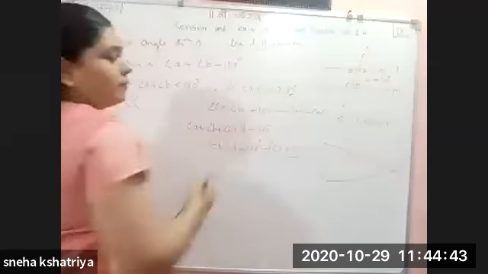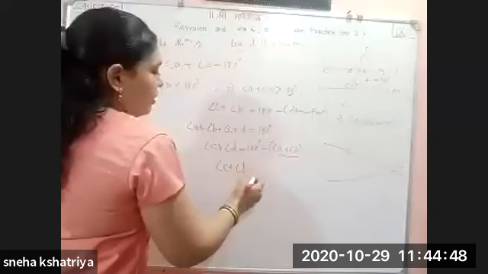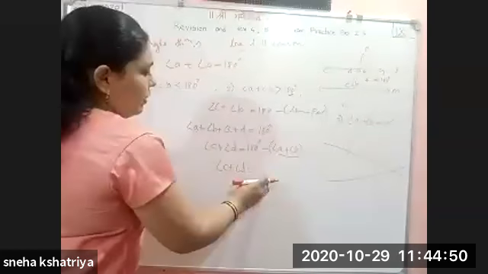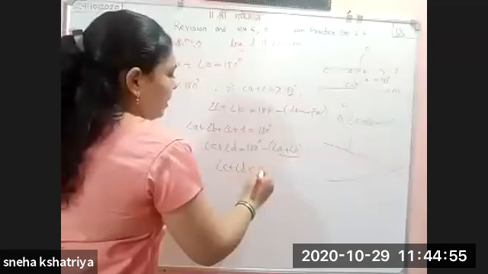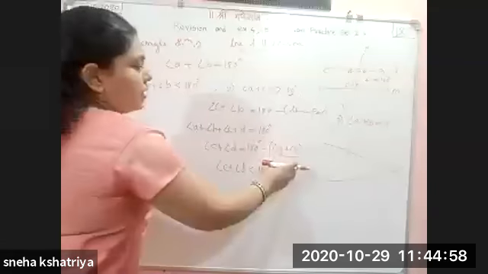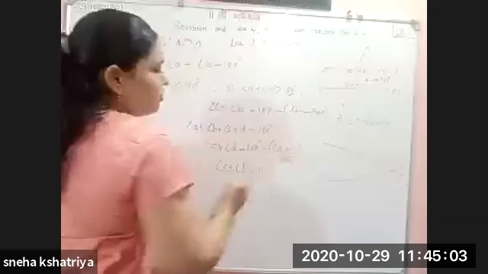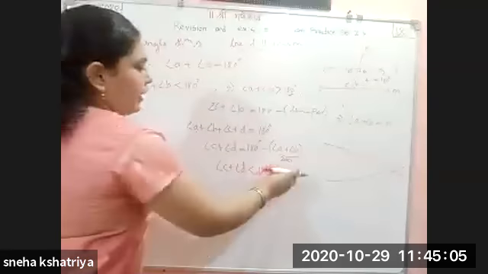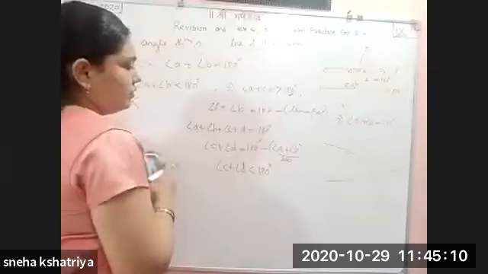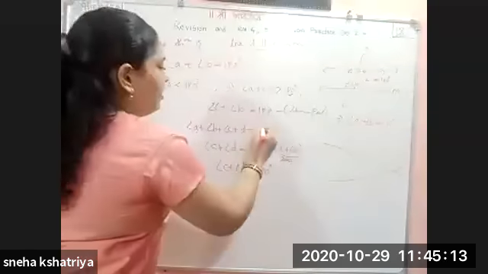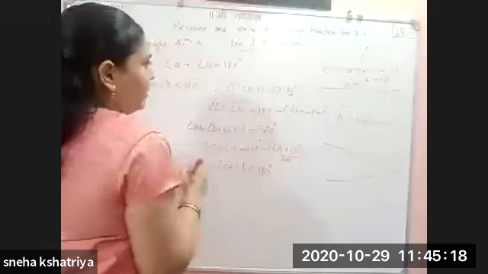Greater than 180 means angle C plus angle D will become less than 180, because I have taken an example. For example, this value is greater, I have considered it is 200. So if it is 200, then 180 minus 200... sorry, this addition becomes 360, because we add the angle 180 and 180.